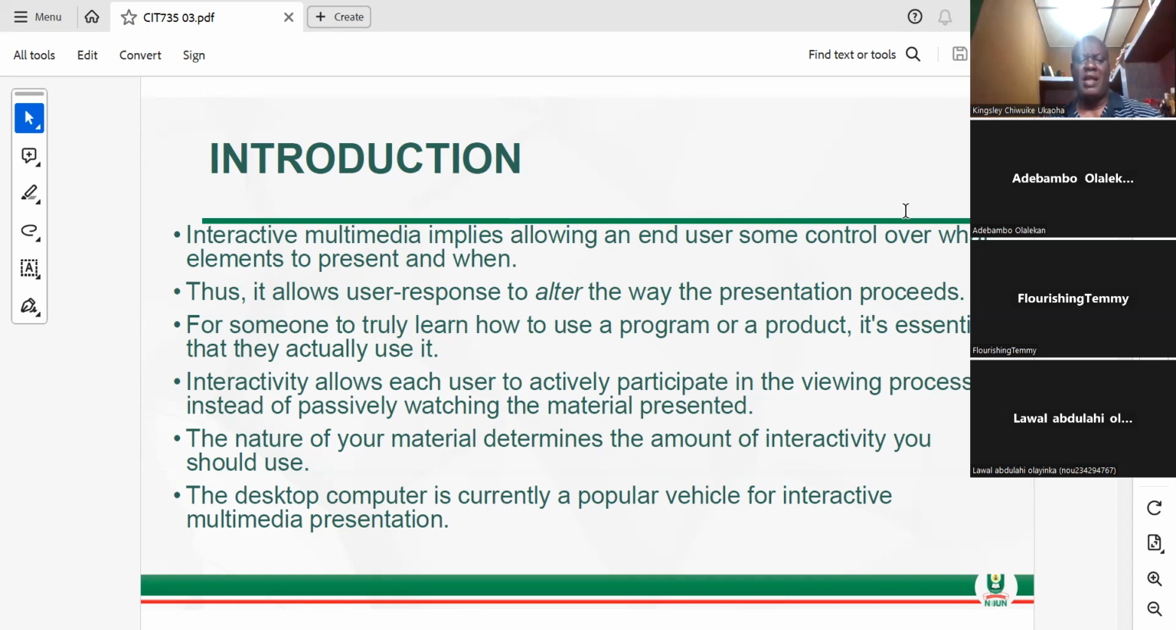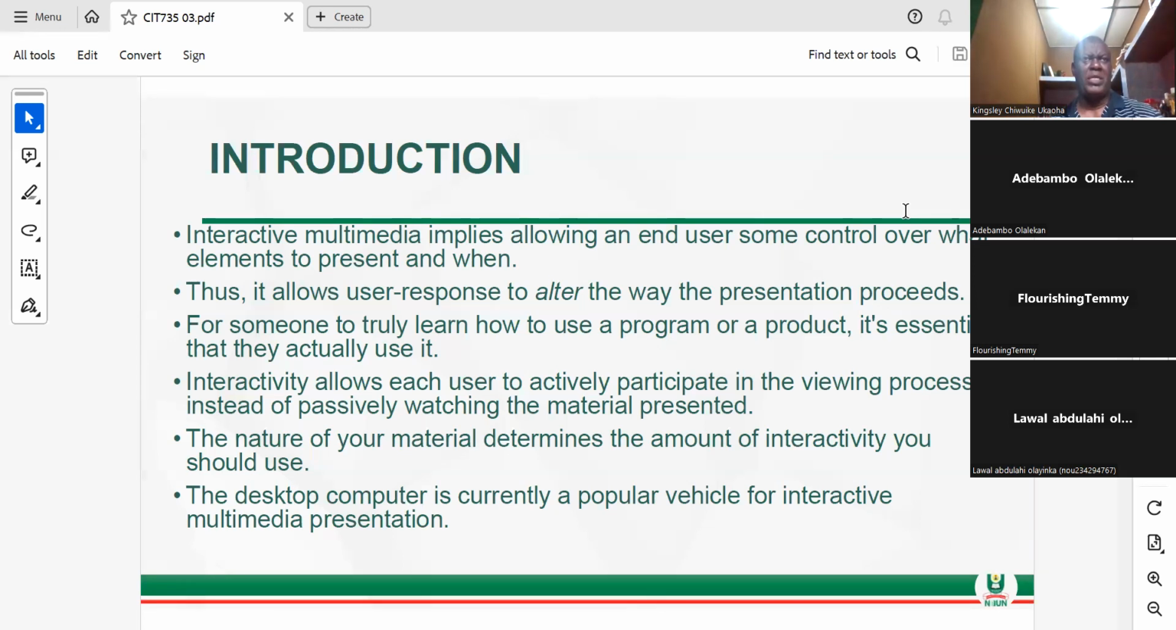So interactivity allows each user to actively participate in the viewing process instead of passively watching the material presented. For example, you have a television you are watching. The program comes the way it wants to come. You don't have any control over it. That is not interactive. But you are watching a video